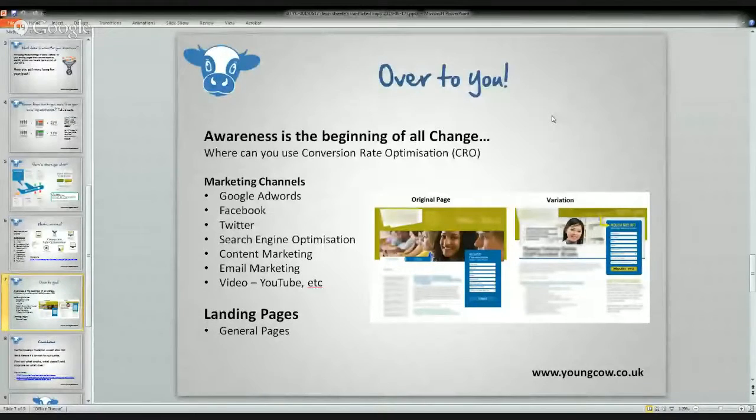Okay, we're going to move forward in our talk on conversion rate optimization. Now we're going to switch back to the presentation. There we go. It shows up again. So our next slide. At this point, you've got an understanding of what conversion rate optimization is. We've shown you an example of how it works, as in the figures.